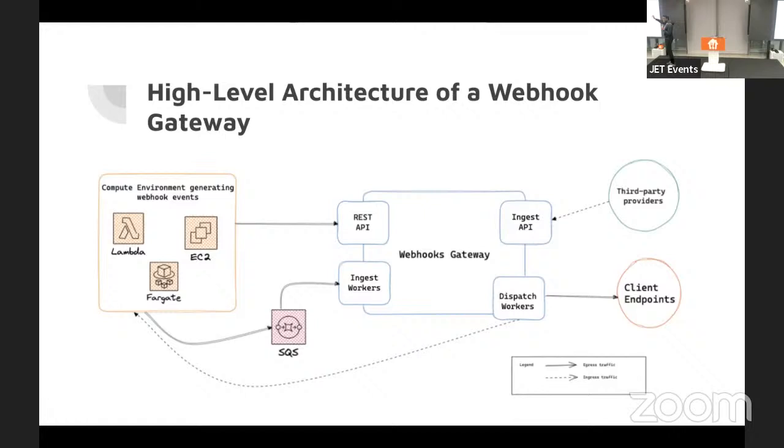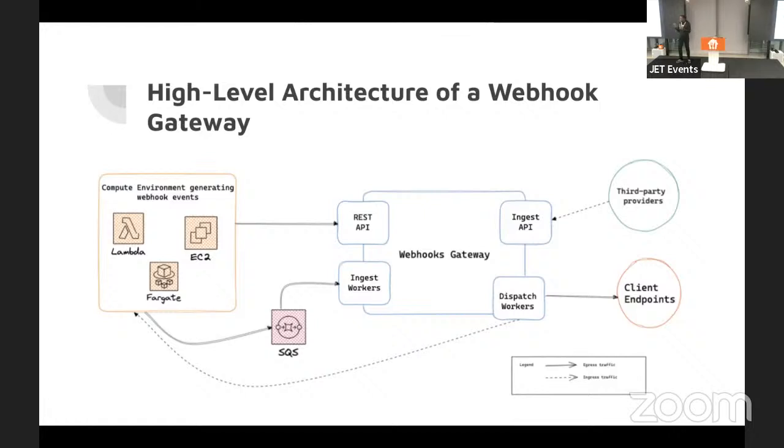It could be a gRPC API as well, or it could be via SQS, PubSub, or just any message broker. You're ingesting these volumes of events into the webhook gateway, and the dispatch workers push them out to the client endpoints. This is a high level architecture of what's going on internally in the abstraction of a webhook gateway.